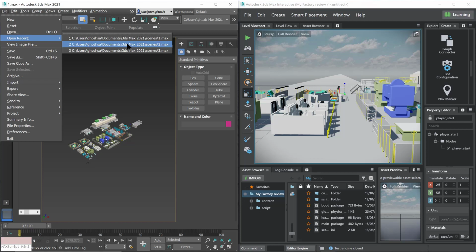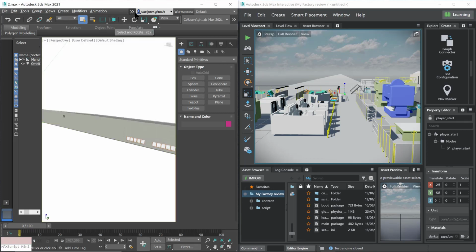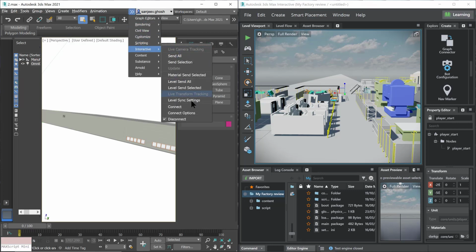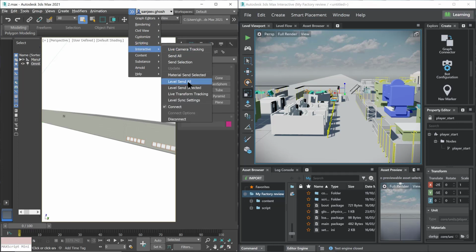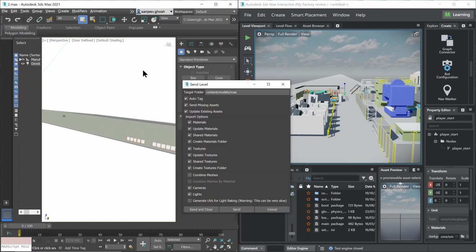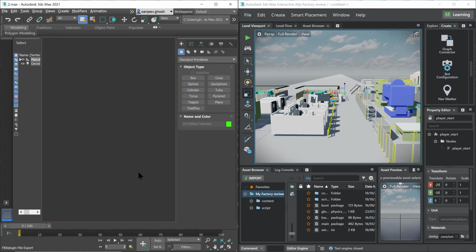Next, let me bring in the building and let's see how it integrates with the shop floor in the same environment. And using the same method as earlier, I send across the information from 3ds Max directly to the open window in 3ds Max Interactive. And I really don't need to worry about the co-placement of the building with respect to the layout, since this was taken care of in the design tools of Revit and Inventor.